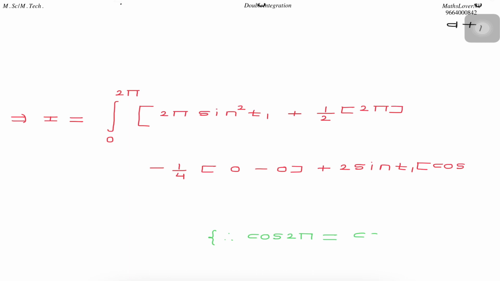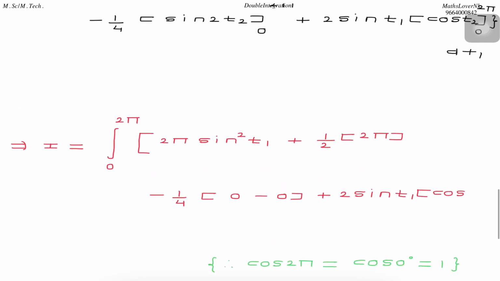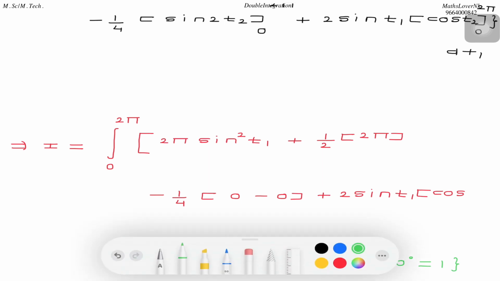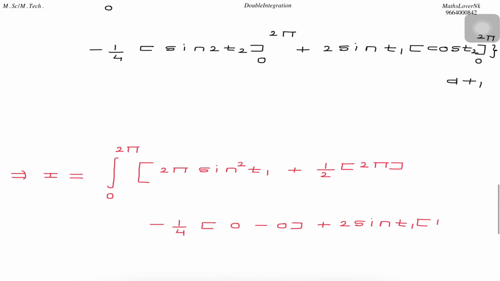The value of cos 0 is always 1. So write down 1 minus 1. Cos 2 pi is 1, cos 0 is also 1. So 1 minus 1